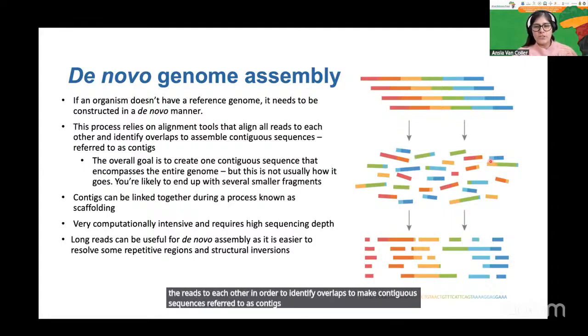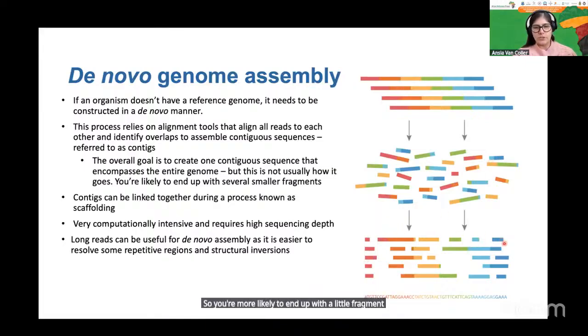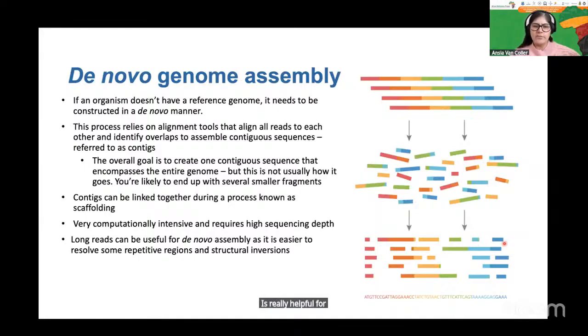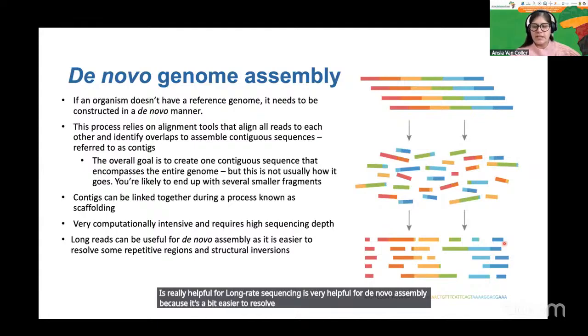And the overall goal is just to create one long contiguous sequence that encompasses the entire genome, but that's not usually how it goes. So you're more likely to end up with little fragmented bits. And you can do the process of scaffolding, which allows you to pull individual contigs together. But yeah, overall, this can be a quite computationally intensive process. And long read sequencing is very helpful for de novo assembly because it's a bit easier to resolve repetitive regions and inverted regions,